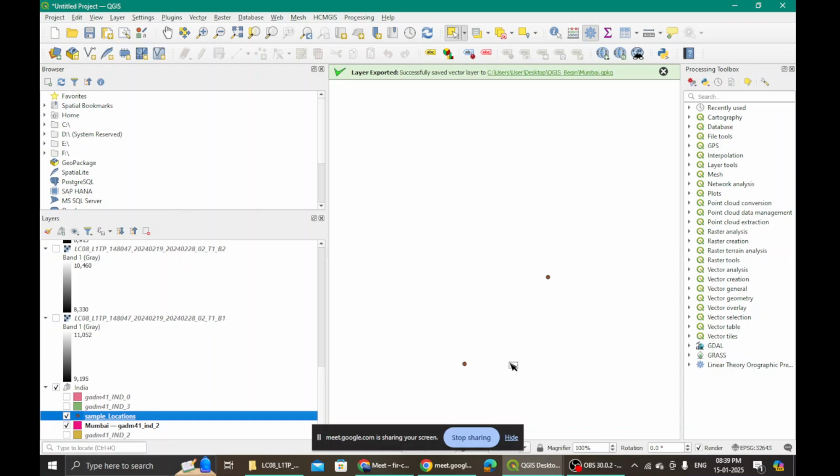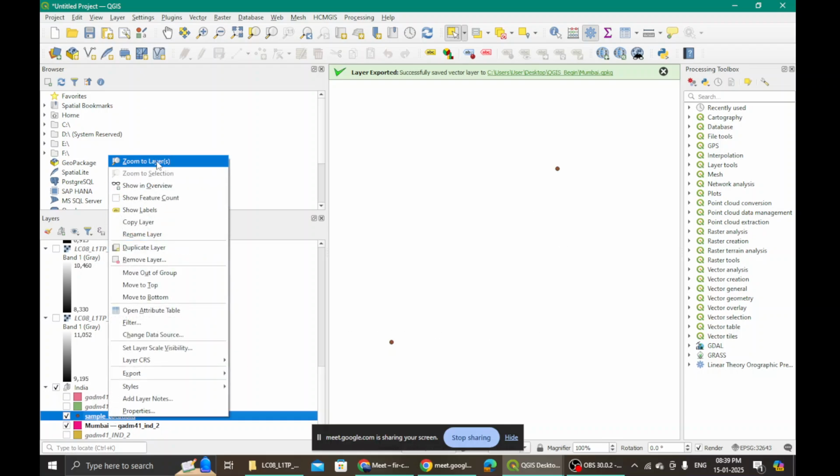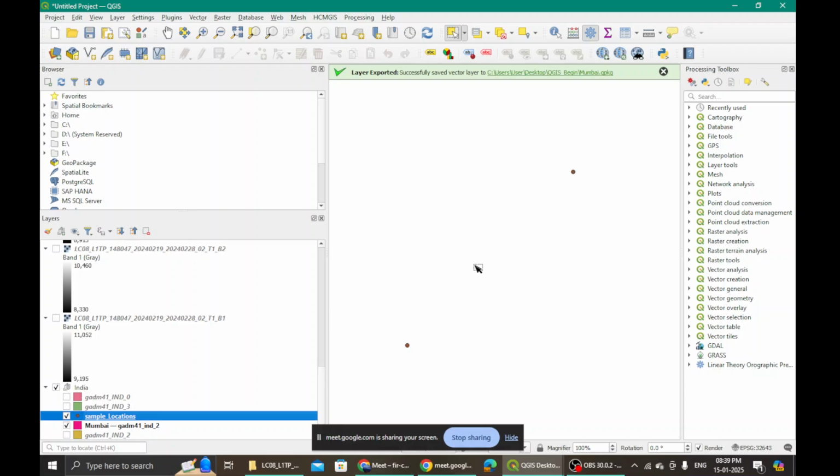Could you do that? I have not done that. It is showing, but I have not done that. We just have to click OK, and it will automatically go there. It might not be visible to you because your point of view might be somewhere else. So we right click on the samples, zoom to layer, and we will reach there.